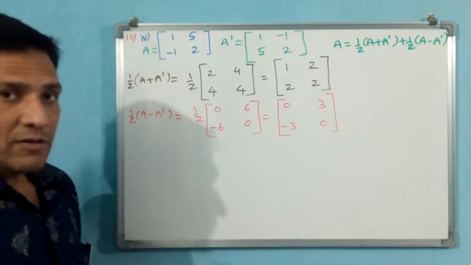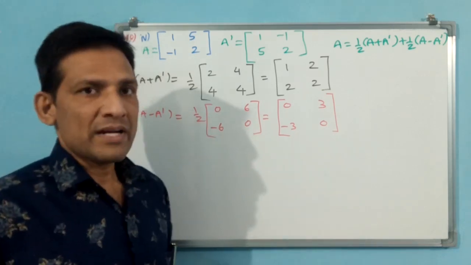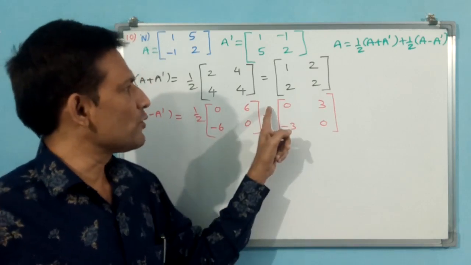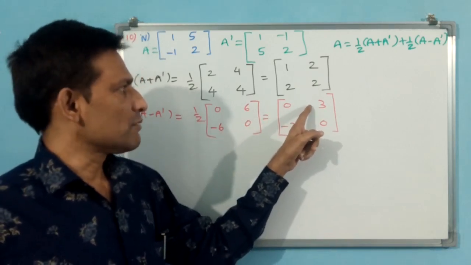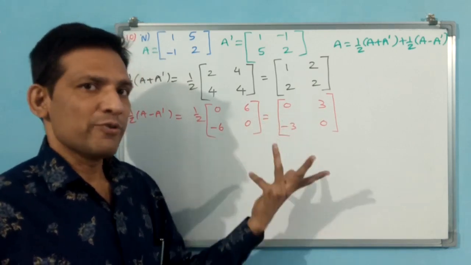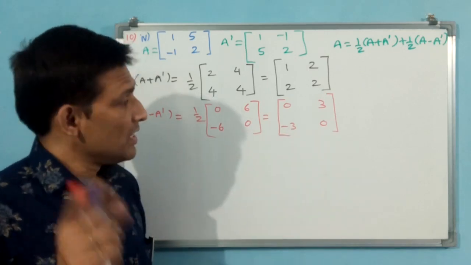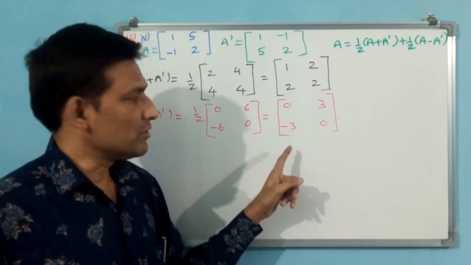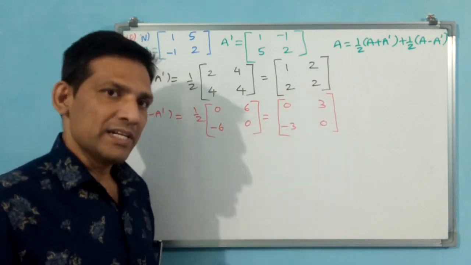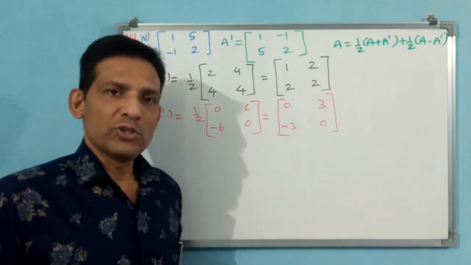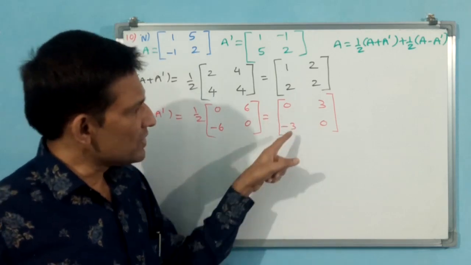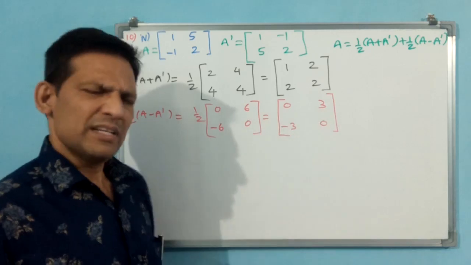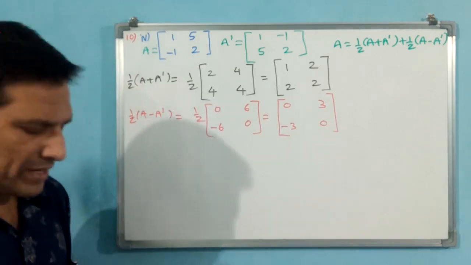Okay. Now, is it a skew symmetric matrix? Definitely. Why? Because you need not do minus. Even if you give minus also, you are going to see that minus 3 plus 3 is going to come. Negative matrix, 0s are not going to change. But for a skew symmetric matrix, what 3 conditions do you have to see? First condition, square matrix. Second condition, diagonals 0. Third condition, opposite positions have the same value with a negative symbol. Same 3, negative 3. That means this is also a skew symmetric matrix.